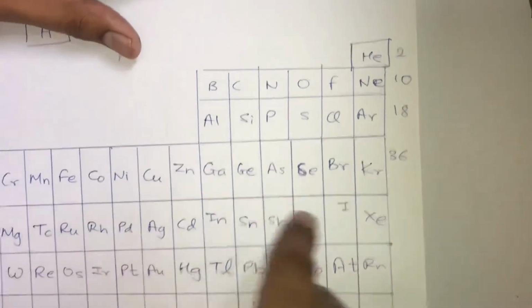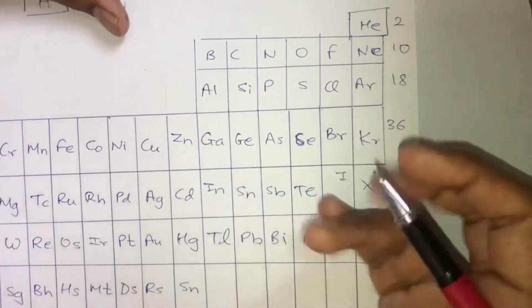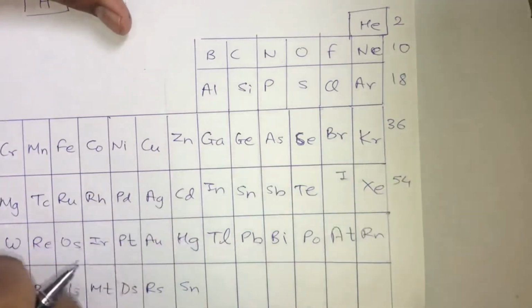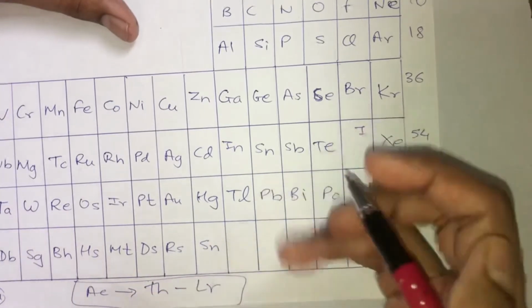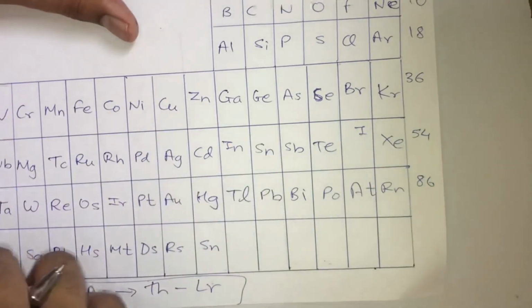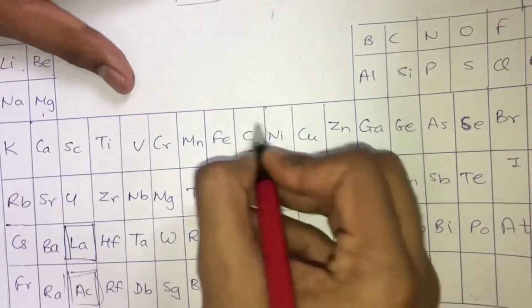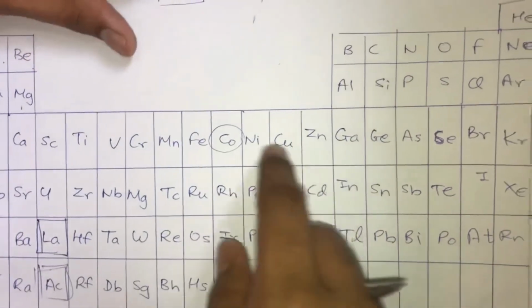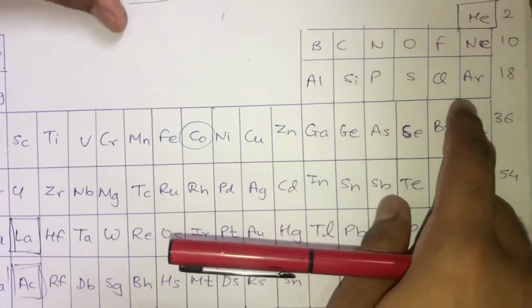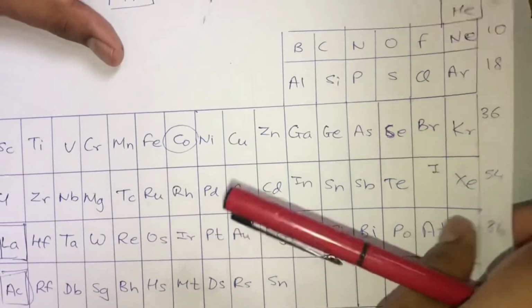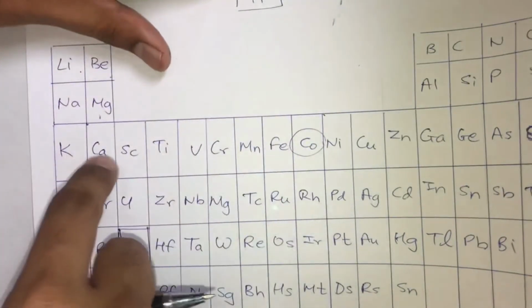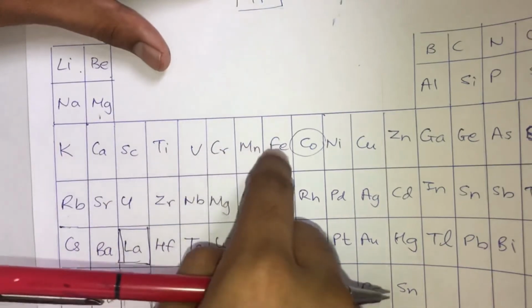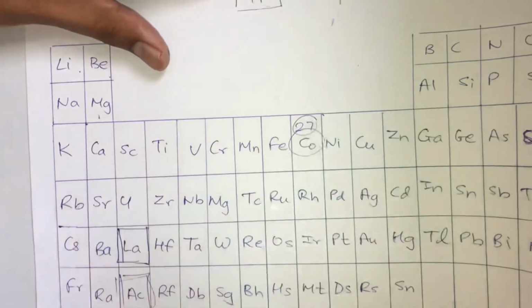Similarly, the fifth period consists of 18 more. So 36 plus 18 is going to give you 54. Okay. Then as we all know that the sixth period consists of 32. So 54 plus 32 is going to give you 86. Now after you remember this, see, suppose I want to find out what is the atomic number of cobalt. So what I am going to do is that I am going to start from the previous period end. So argon's atomic number is 18. Am I right? So 18, I come to the starting of this period. 19, 20, 21, 22, 23, 24, 25, 26, 27. So the atomic number of cobalt is nothing but 27.